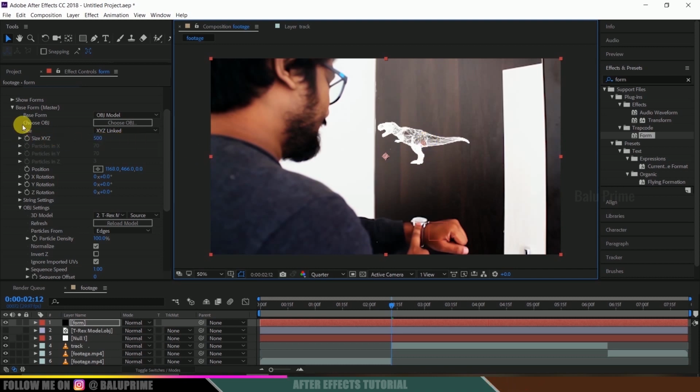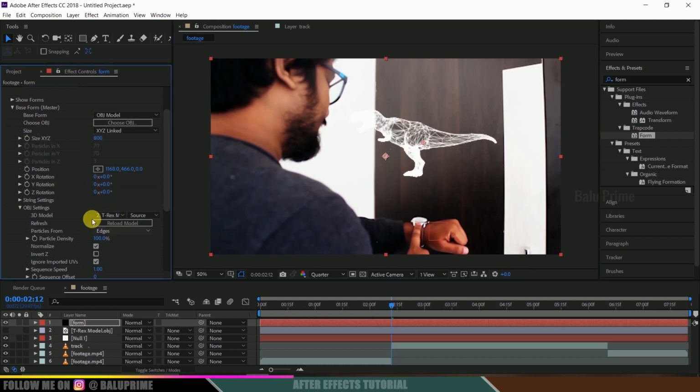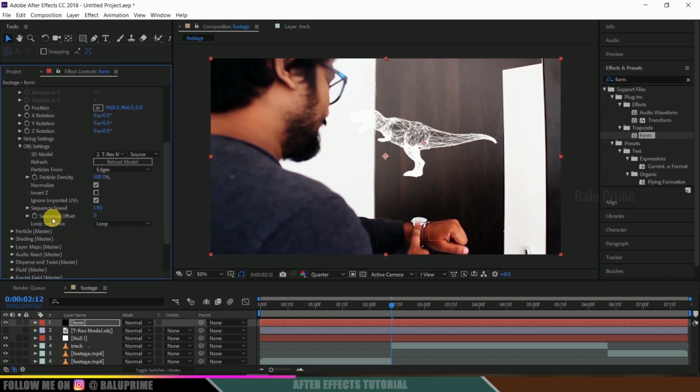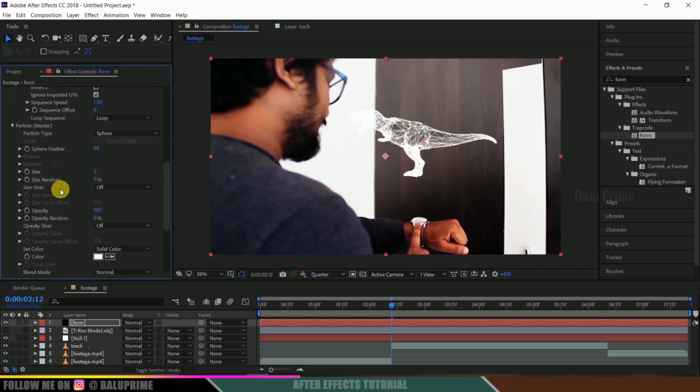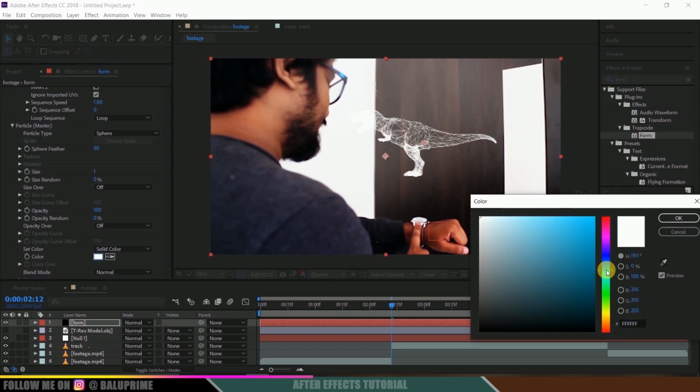So let me increase the size. Come to this size XYZ and let me increase this to 800. Now let me reduce the size of the particles. Come to this particle size, come to this size options. Let me change the particle size to 0.5 and let me change this color to blue.